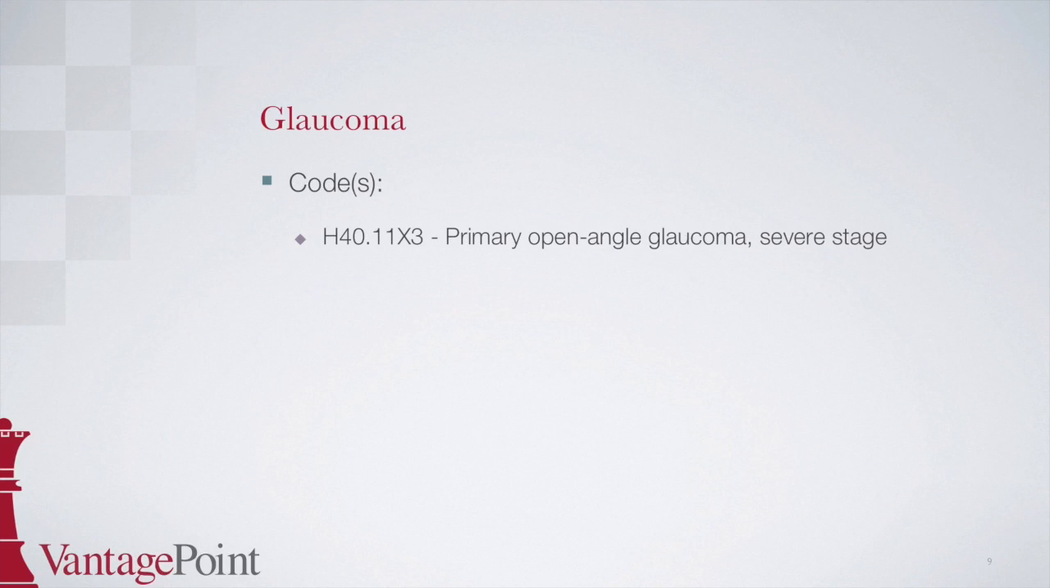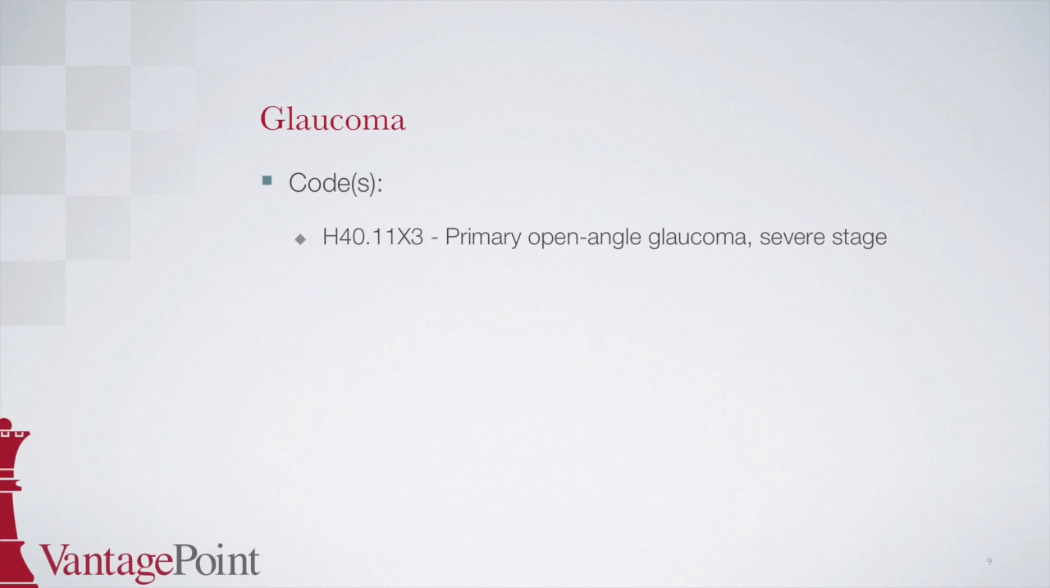The answer is H40.11x3 for primary open angle glaucoma, severe stage. You're going to start by looking up glaucoma in the alphabetic index and then locate open angle indented below. Indented under this is the term primary, which points to H40.11 with a checkbox next to it indicating that more